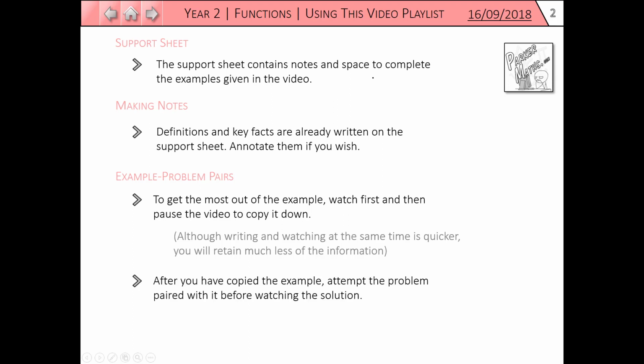After you've copied down the example, there's always a problem that's paired with it. Pause the video and have a go at that problem before you watch the solution. By doing that, you'll learn much more and you'll understand the maths a lot better than if you're just mindlessly copying down the examples. Finally, as there's limited space to write each example on the support sheet, you might want